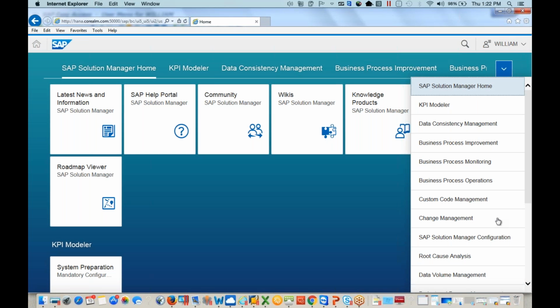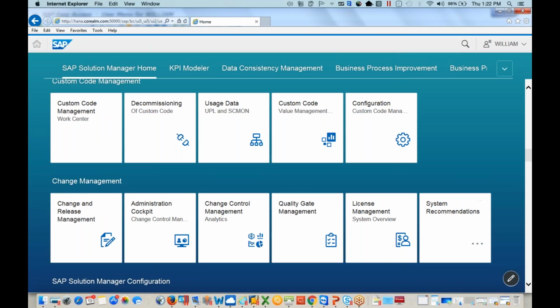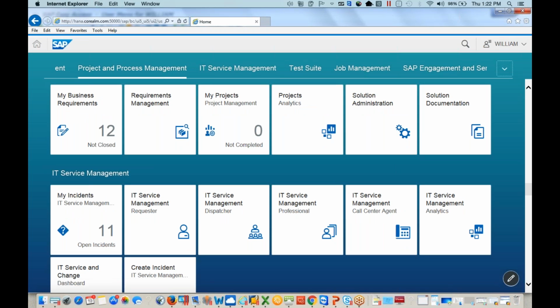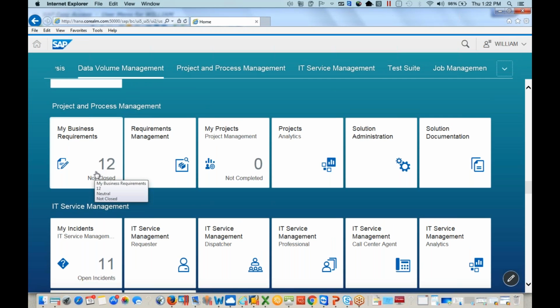The area that we're talking about today is just one here, project and process management. That's where the requirements management piece is placed. So I have IT service management, but this one is the one that has my requirements piece. There are a few tiles here. We're not going to be able to cover every single tile because there's so much. Solution Manager has so much to offer and so many really cool things in 7.2. My focus is to show a little bit how the requirements management form looks and how that's linked together